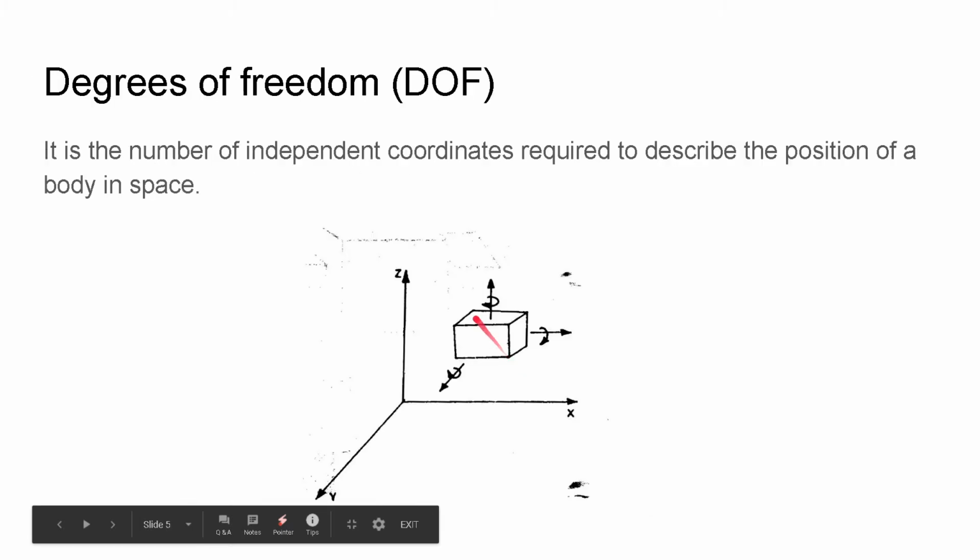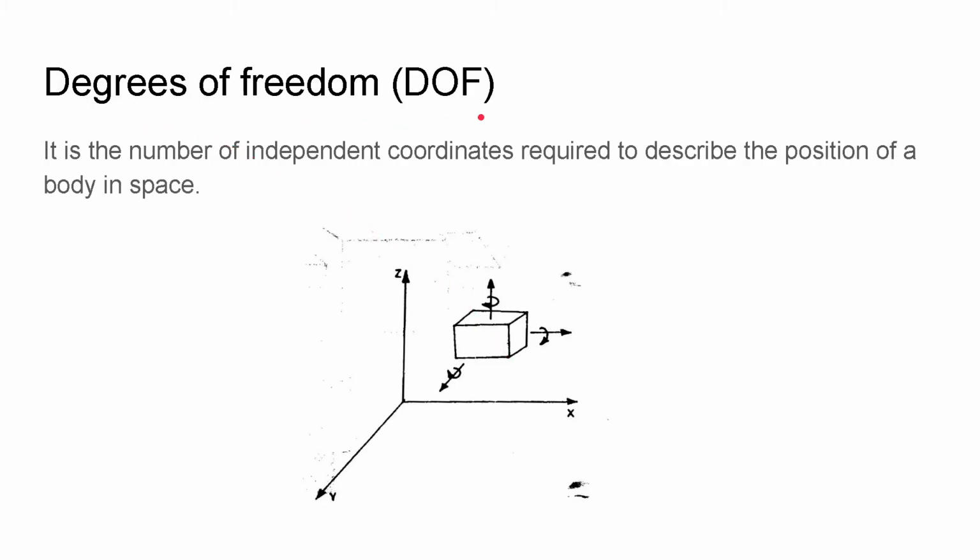And we'll see how many degrees of freedom it has. Degrees of freedom is the number of independent coordinates required to describe the position of a body in space. A general body in space has three displacement directions in which it can move, and then there are three rotations about three independent perpendicular axes. So a free body in space has 6 degrees of freedom, but when we constrain the body, the degrees of freedom can reduce. We'll see the application of degrees of freedom in understanding links and other terminologies.